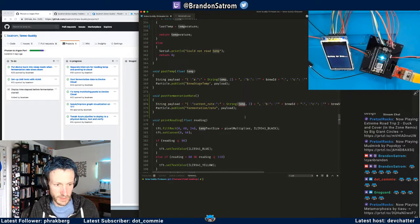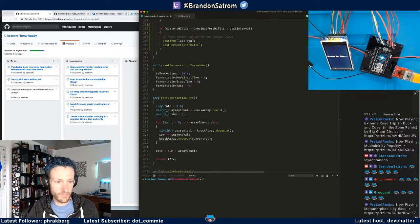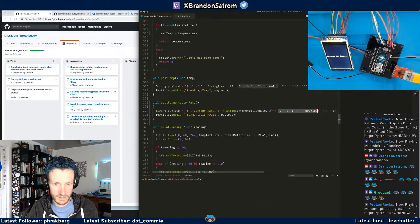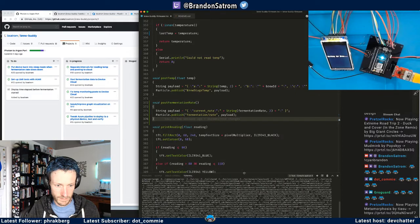And my value here is going to be, go back up to the top. Oh, it shouldn't be a long, that should be a float. No, that's probably going to break something, but we'll find out. Apologies for jumping all over the place, and I can get rid of all this stuff here. There's state management stuff that I do not need in there anymore. And that should work. There's my payload. So just for the sake of sanity, let's do a local compile